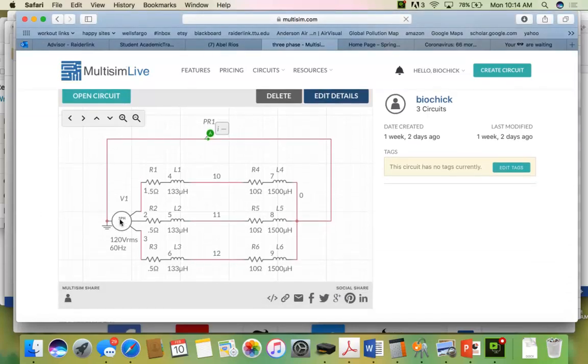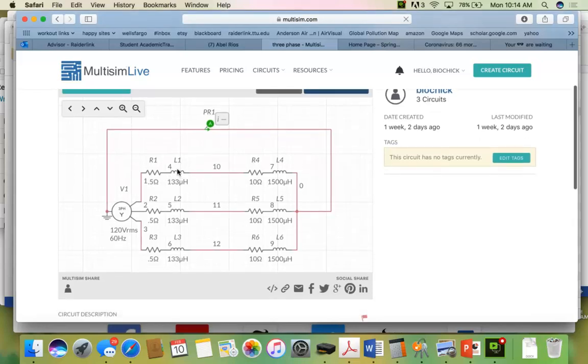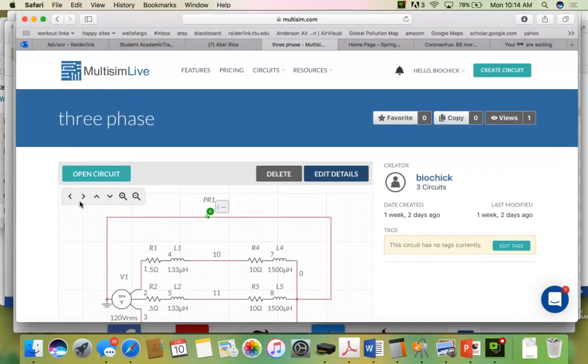You can see in my particular circuit here, there's a 3-phase Y-connected source. I've input the resistor and inductor for the line and the resistor and inductor for the load. Double click on this 3-phase source. For whatever reason, this is running super slowly. So I'll tell you what we're going to do. Maybe I need to push open circuit